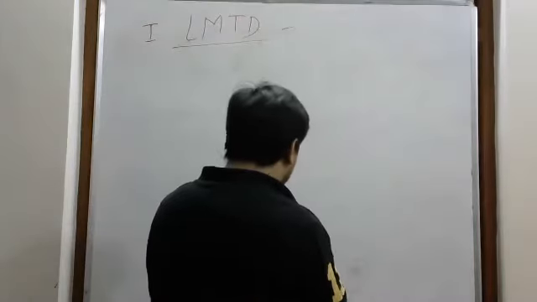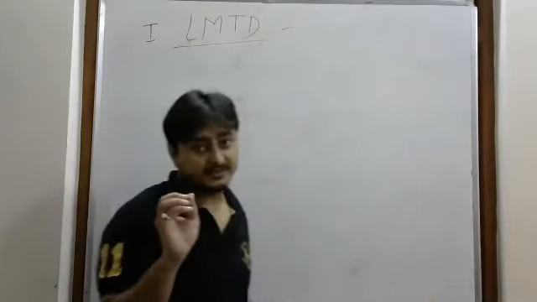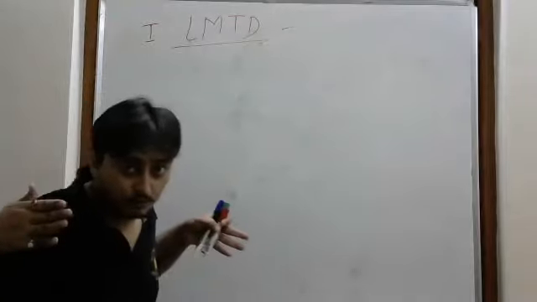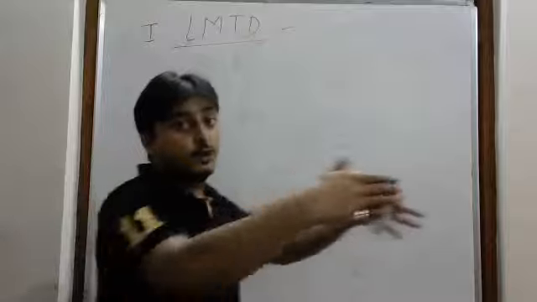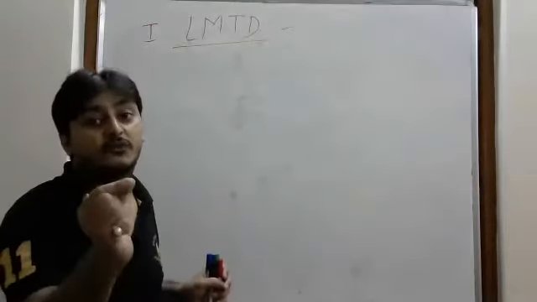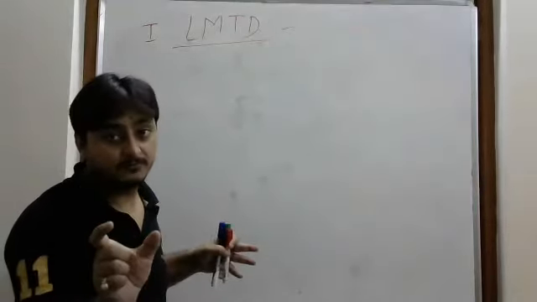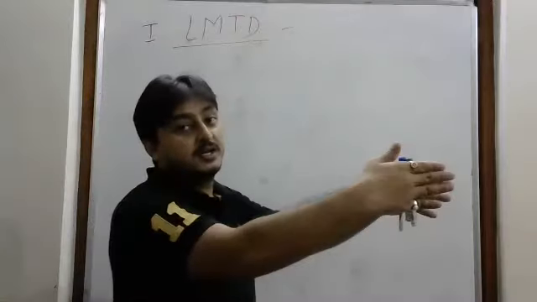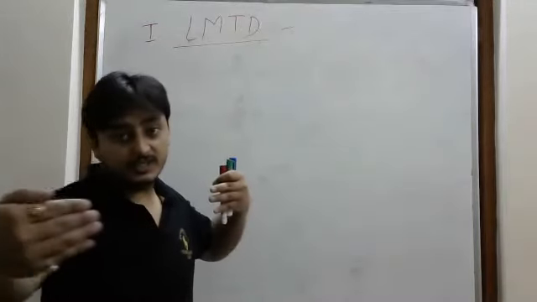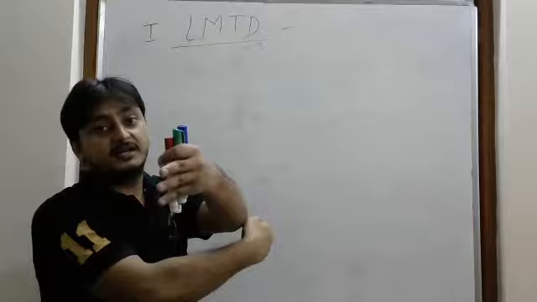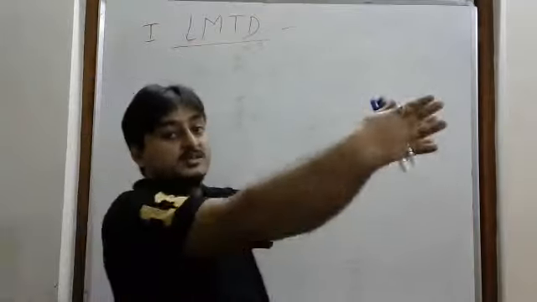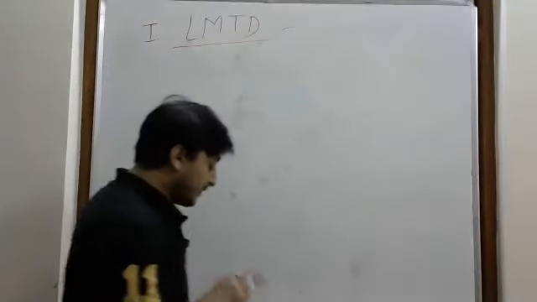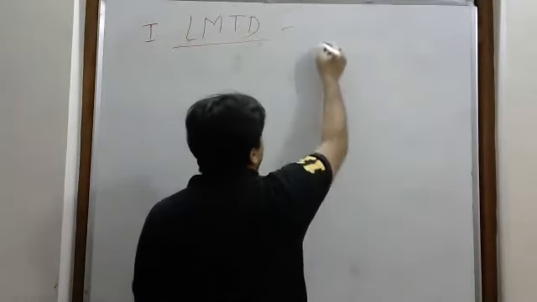Okay, now just try to understand what is happening. I am taking a parallel flow heat exchanger. Parallel flow means both fluids will flow in the same direction. Co-current flow. Co means same direction. Counter means one hot fluid is coming from this side and cold is coming from the other side. This is counter. Cross means they cross each other. This is a parallel flow heat exchanger, so I am taking the example of a parallel flow heat exchanger. Try to understand.